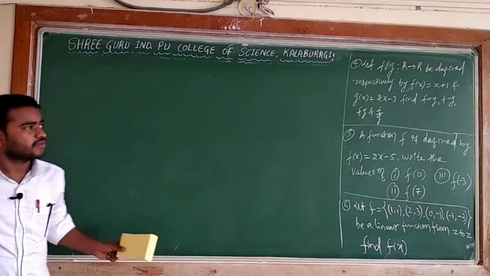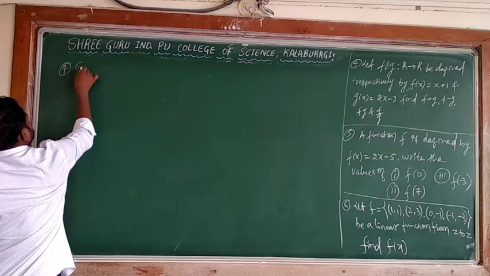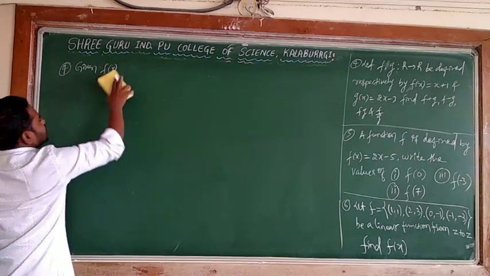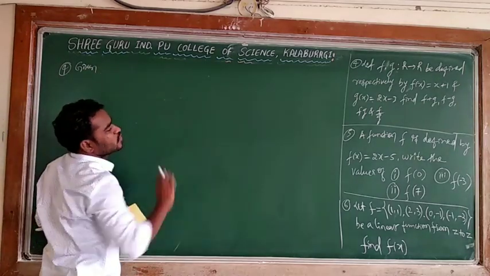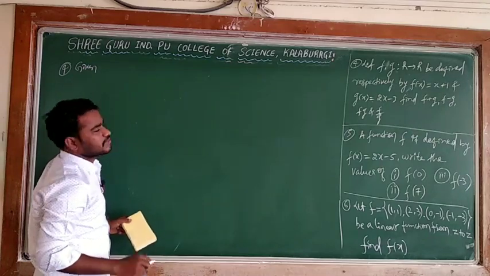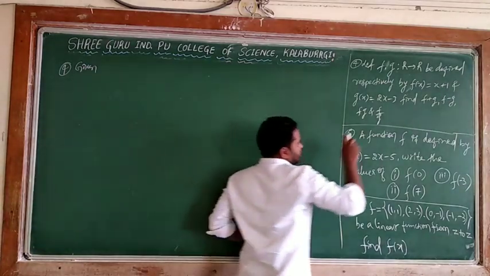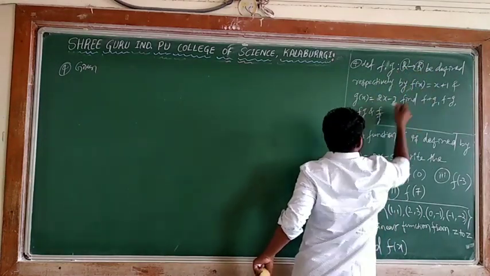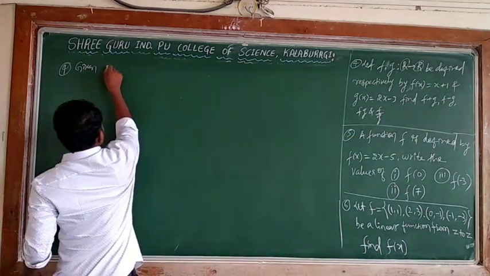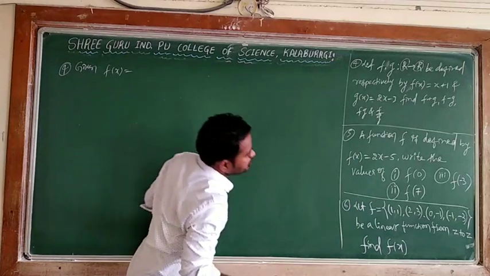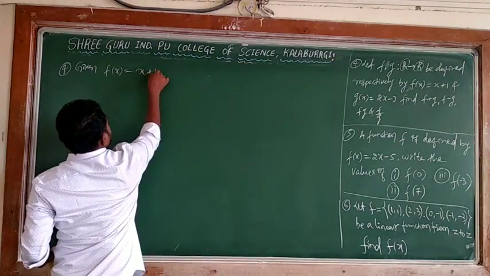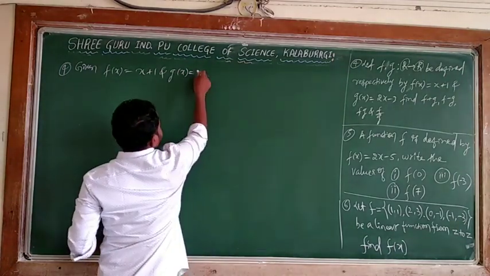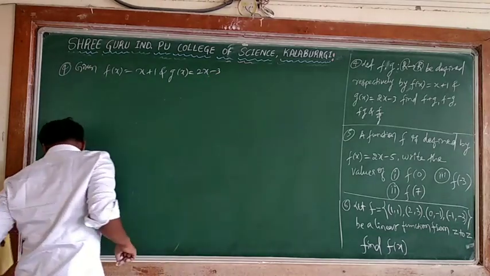Like I will take the fourth one. What is given? F of x. So I can say f from real number to real number. That is not necessary, but he is saying only that f and g are real number to real number. That is a condition. The domain and range is real number to real number. Don't bother about this. The only thing is you have to write these two and find all of these. What is f of x? F of x is equal to x plus 1. What is g of x? G of x is equal to 2x minus 3. Using this you have to find all the algebra of the functions.